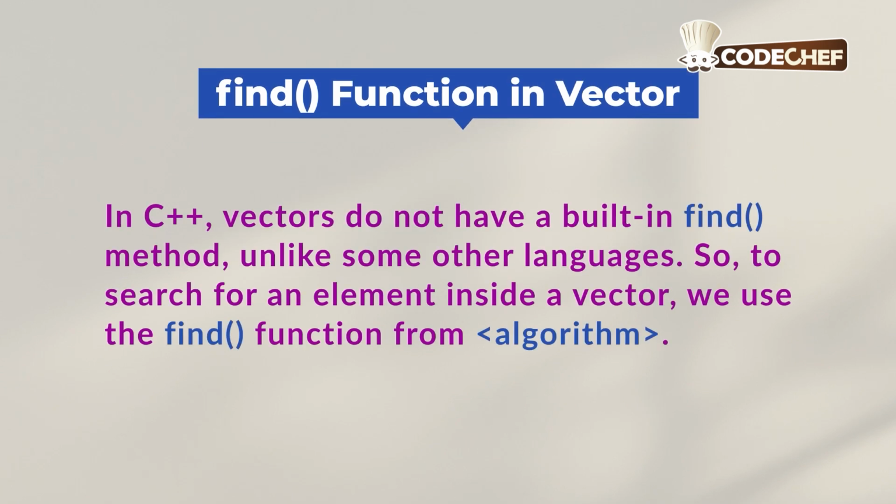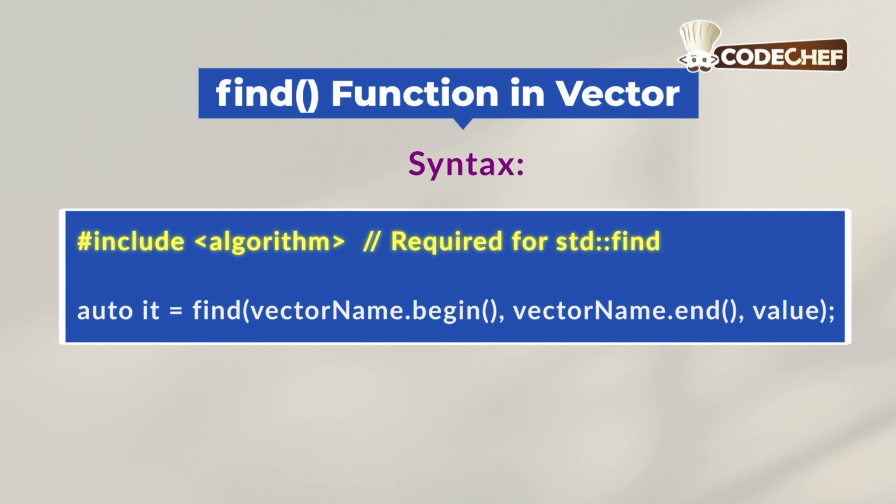Find function in vector. In C++, vectors do not have a built-in find method, unlike some other languages. So to search for an element inside a vector, we use the find function from the algorithm header file. Its syntax is #include <algorithm>, and then auto it = find(vectorname.begin(), vectorname.end(), value);